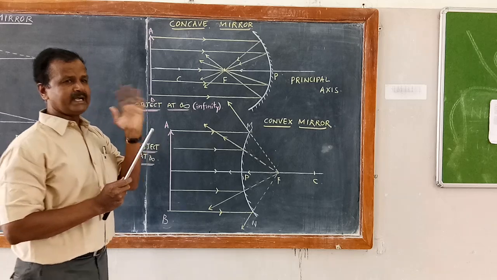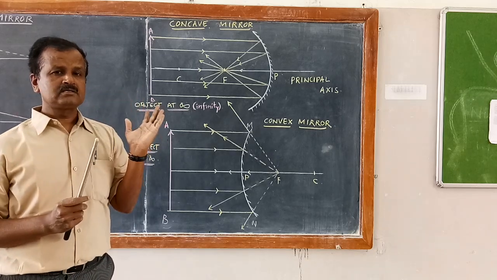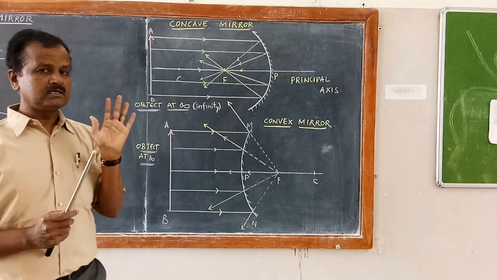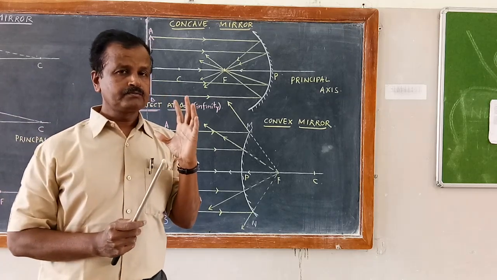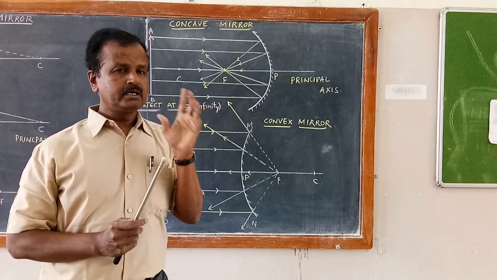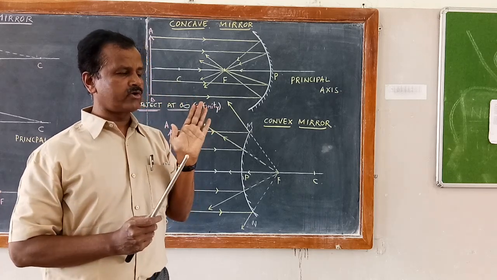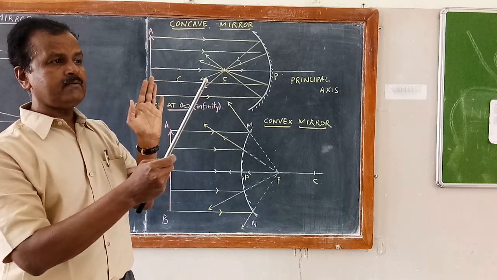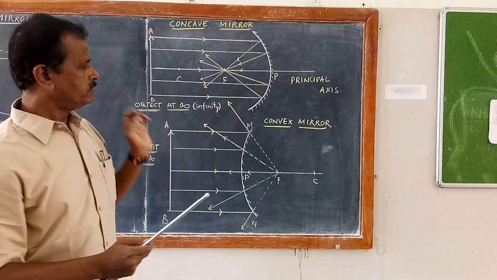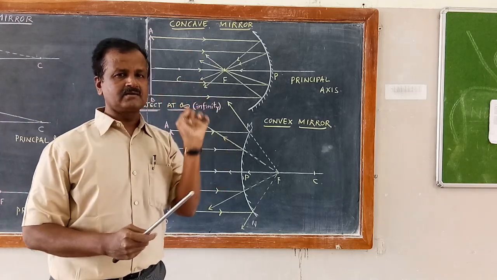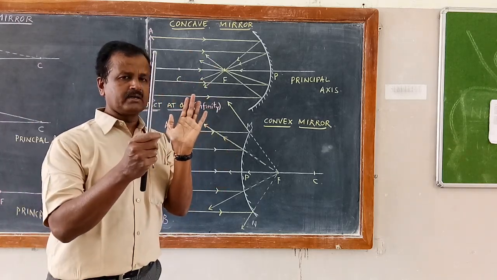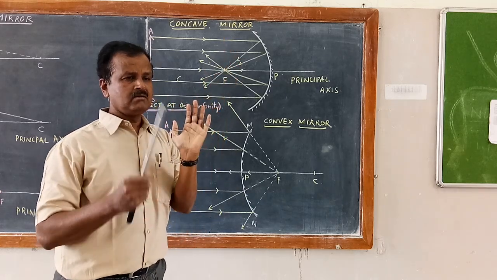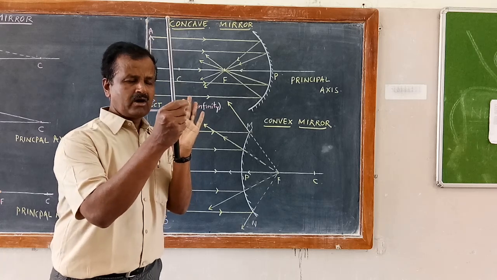You must have played with the concave mirror in the sunlight. If you focus the sun, don't focus the sun towards your face or towards your eyes, it will burn your eyes. If you focus the concave mirror towards the sun and if you focus it at a point on the wall, you will find the point image of the sun. Or if you hold the paper at that point, you will find that the converged rays of the sun form a point image on the paper.